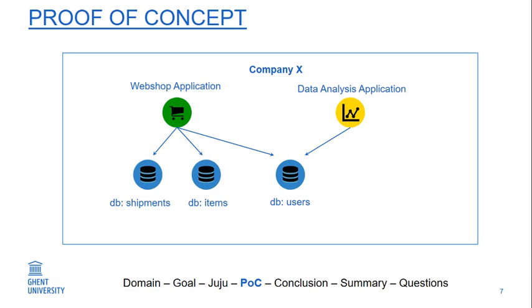On the other hand, the company also decides to create an application that will perform some analysis on data, in this case on the users database, to see the geolocation of their users, or something. I hope you understand that the contents of the web shop application and how the data analysis app works aren't really relevant here. So we have two different applications, three different databases, and one database that is shared, or needed, by both applications.